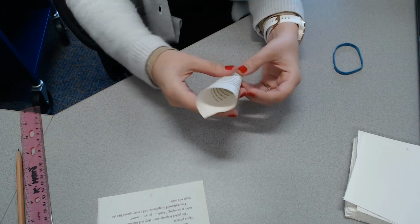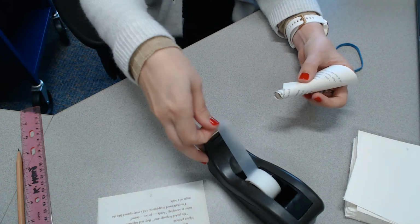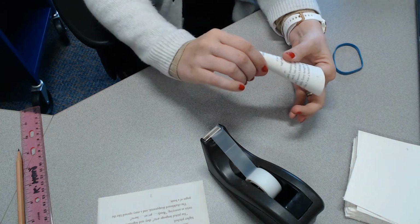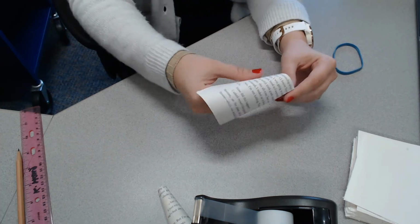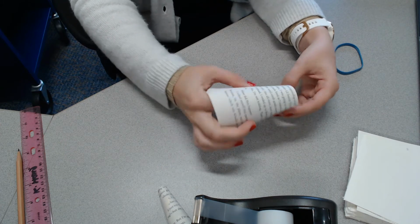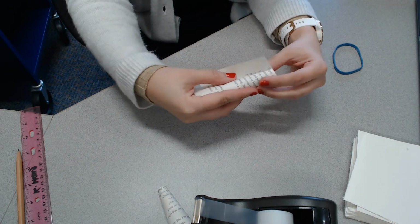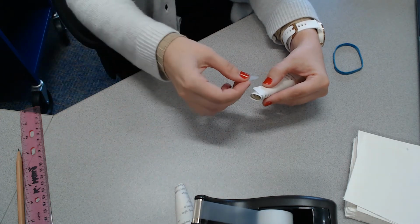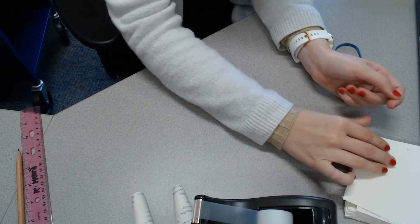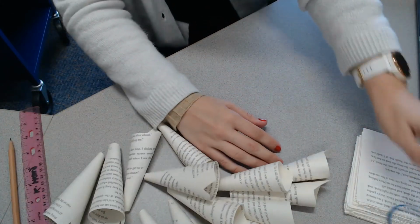And depending on how tight you want your feathers, go ahead and grab some tape. And then just go ahead and tape that down. So I'll show you again here. Go ahead and just kind of fold it slightly. And this just kind of helps get you started on that roll. Few more. Okay, so once you have a good amount of feathers made up here,